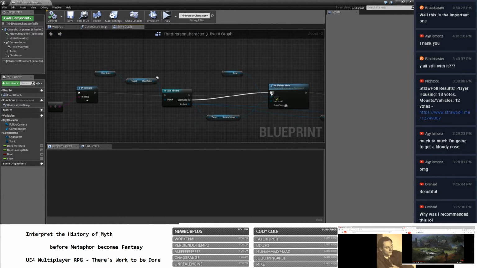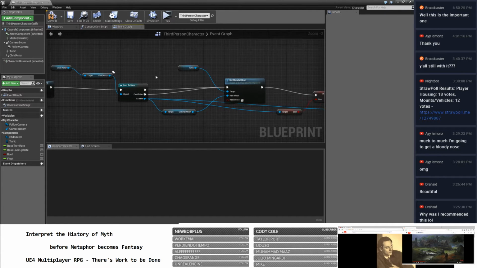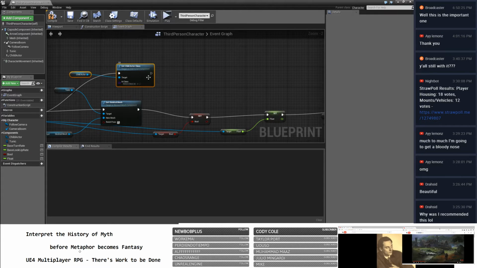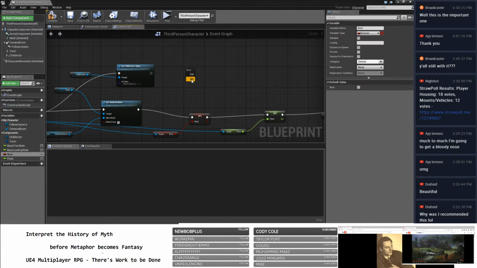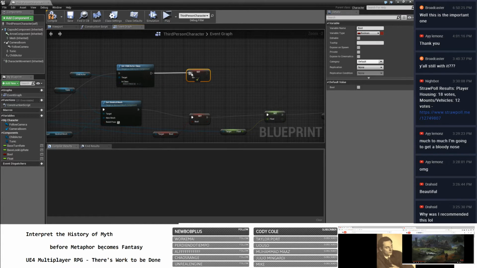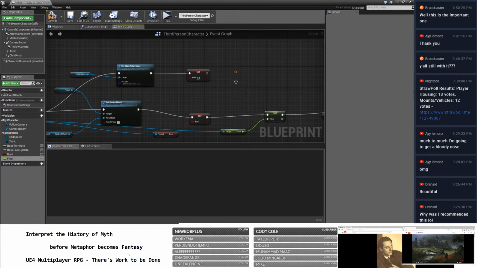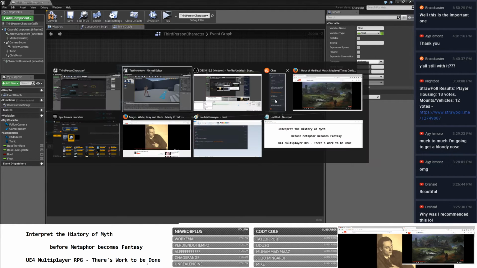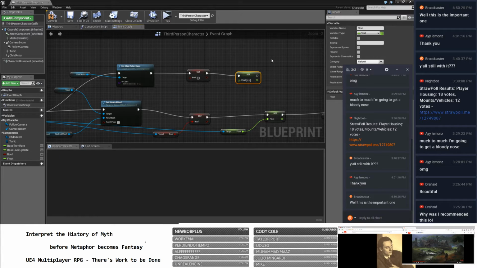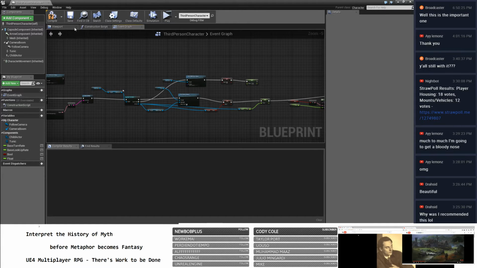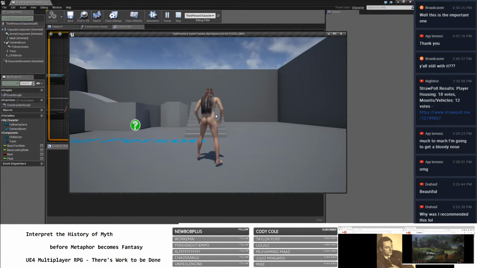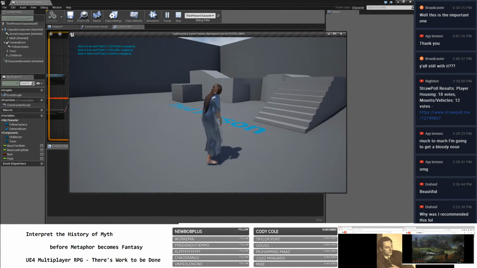So cast failed. Okay, let's do it as well. Actually, cast failed will make it basically set it to none and reset these. So if I hit P, if I hit O and then, okay, I and then P,